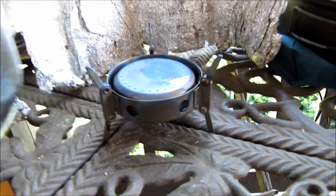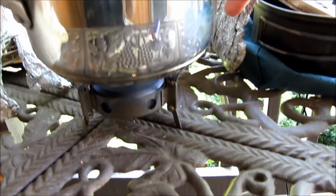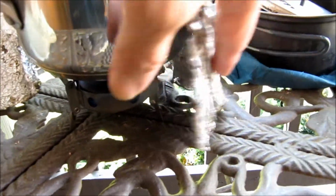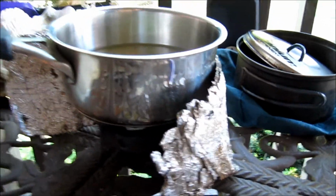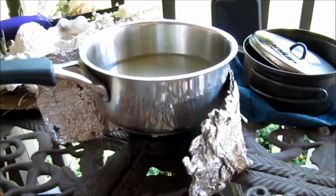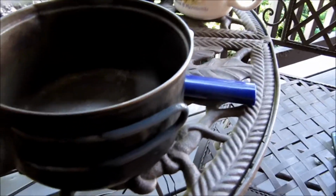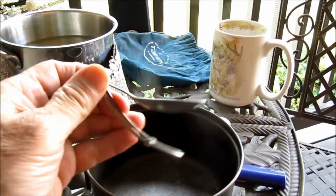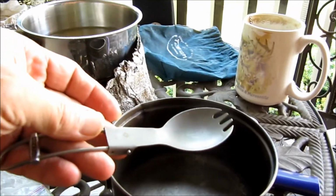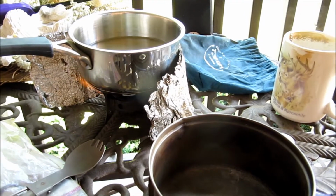That's a very small stove, so you have to be careful when you're placing your pot on there that it's going to stay put and not fall off. And then I have this windscreen, which has seen better days and needs remade. And that's it. I also have for backpacking a little titanium pot. Every ounce counts whenever you're backpacking. And there's even a little titanium fork in there. My backpacking stuff comes in handy on days like this that the power company decides to turn off the power